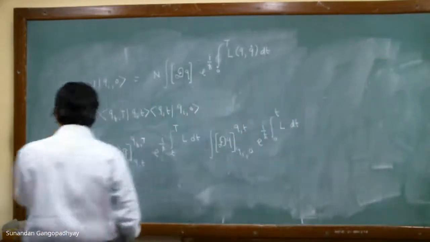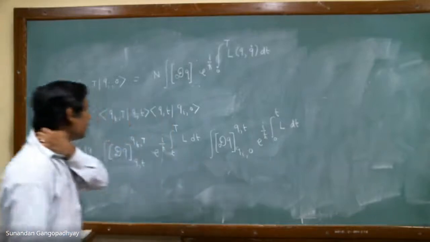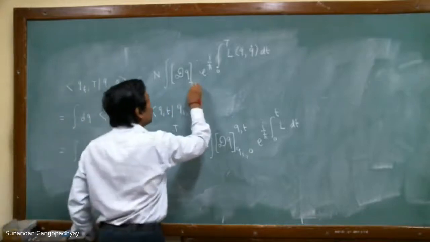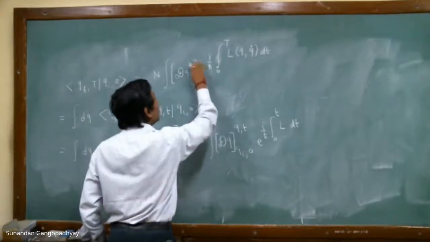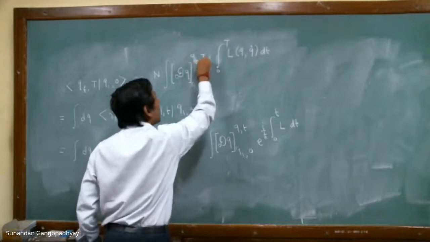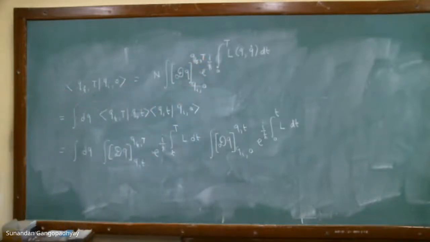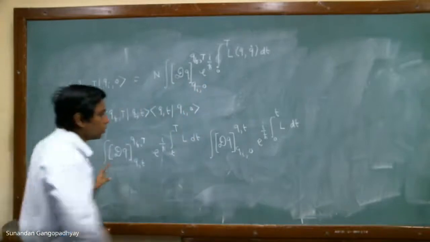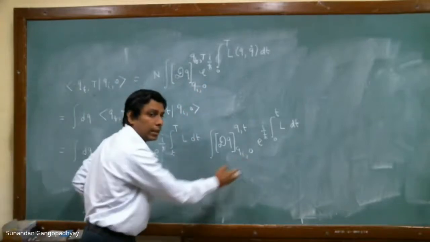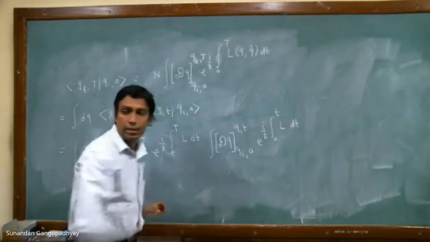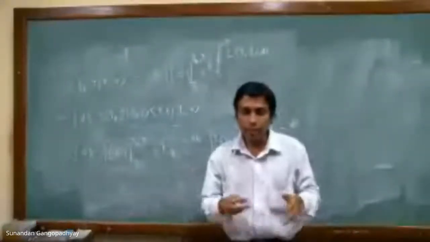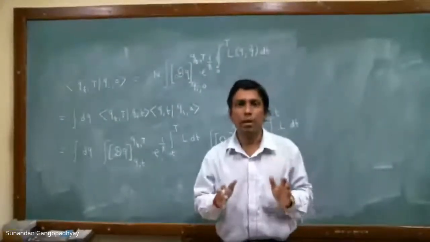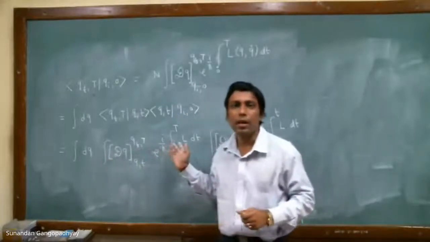So the purpose of showing you this is the following. You can see that this was a path integral where the boundary conditions are from q_i at 0 to q_f at t. This path integral, you can actually break it up into two separate path integrals plus an ordinary integral. So this is like cutting the path integral open into two path integrals and an ordinary integral. This is the cutting principle.